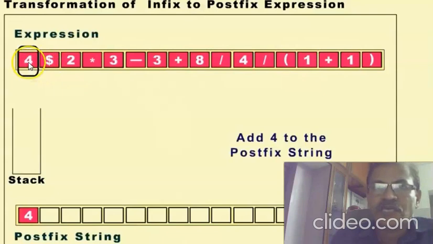So we are using numerical values instead of A, B or alphabets or something like that. So directly we are using numerical values. These numbers are the operands, and the other ones, including the brackets, are the operators. These are special operators. They do not have any operation. So let's go. We have three structures, as I have told you. One is the infix array, the other is the postfix array, and a temporary storage area, that is the stack.